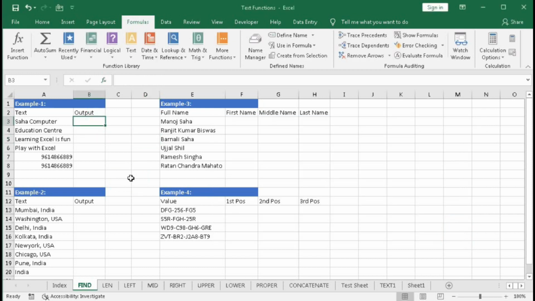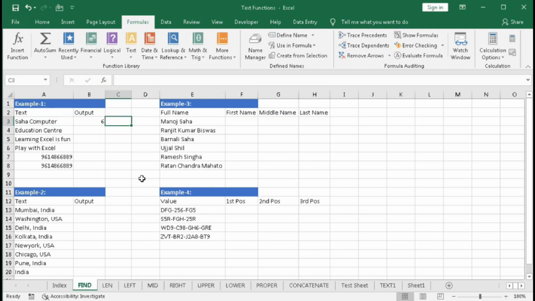Here type equal to FIND. So what will be the find text? We will find capital C, quotation close, comma, within text this cell, then bracket close and enter. We got the 6th position.